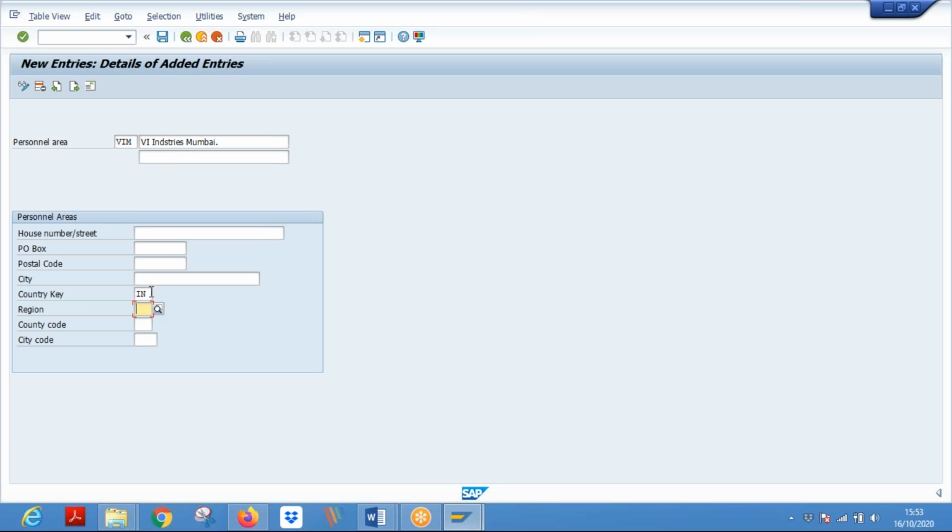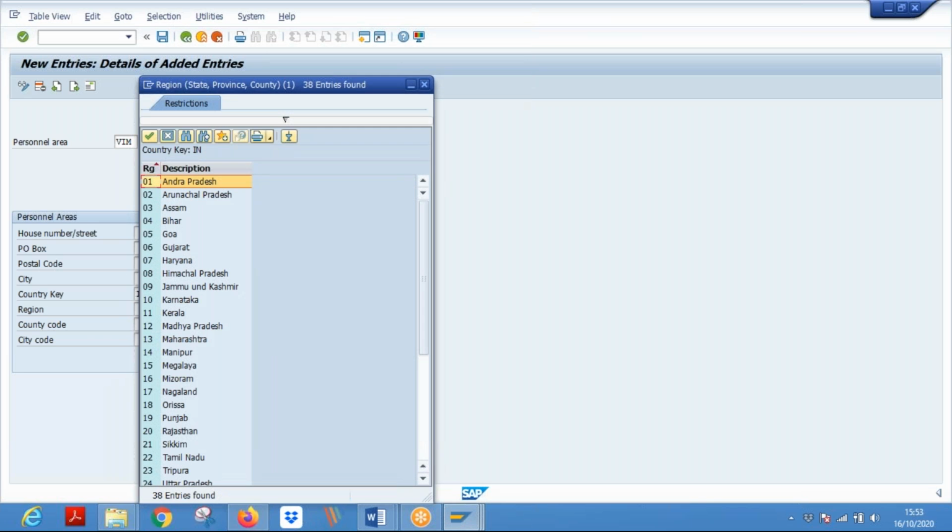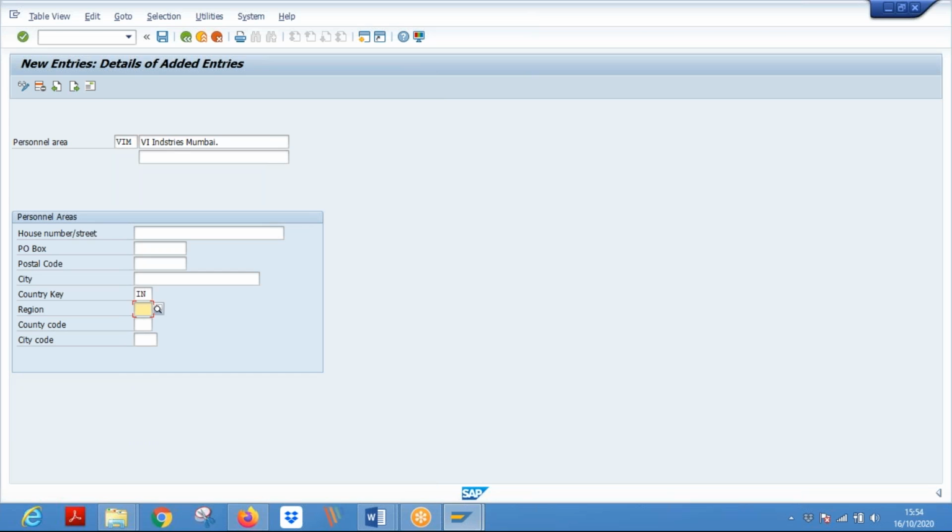Now region, you will get results about region based on your country. You have selected India, that's why here you will get search results related to India. And my company is located in Mumbai, so Mumbai is in Maharashtra. For that, I'll select 13. 13 is the code for Maharashtra. I'll enter 13 here. So these two values are required here. For the time being, I can enter those two values. Click on enter